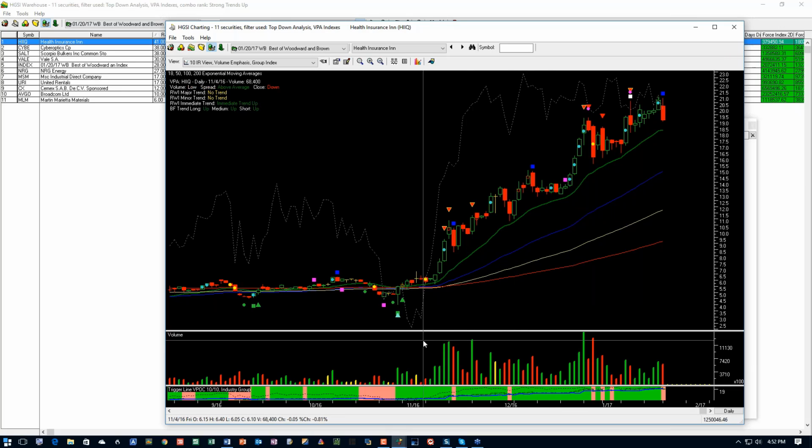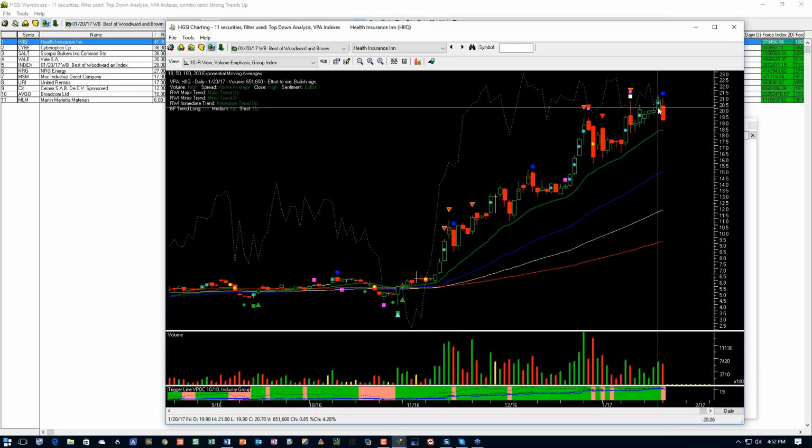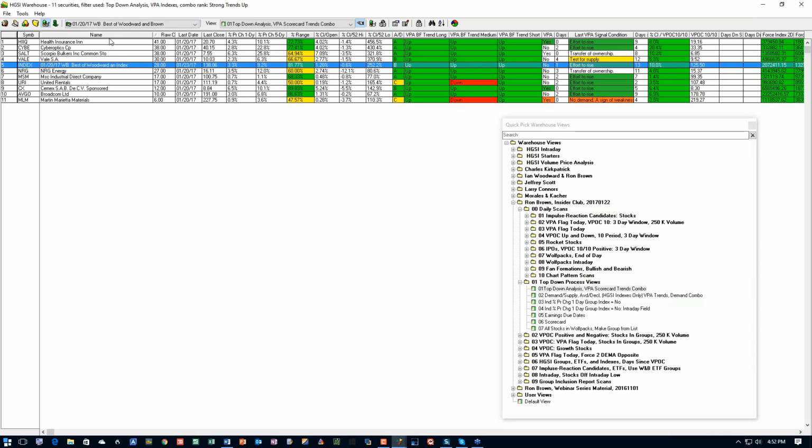This one came up in the best of Woodward and Brown because what the best of Woodward and Brown does is it goes into all of the Woodward and Brown smart groups, and it pulls out the 10 stocks which appear most often. And that's the way it works, and it puts them here in a folder. So if I want a quick read on where the strength was for that day, I can now just go to